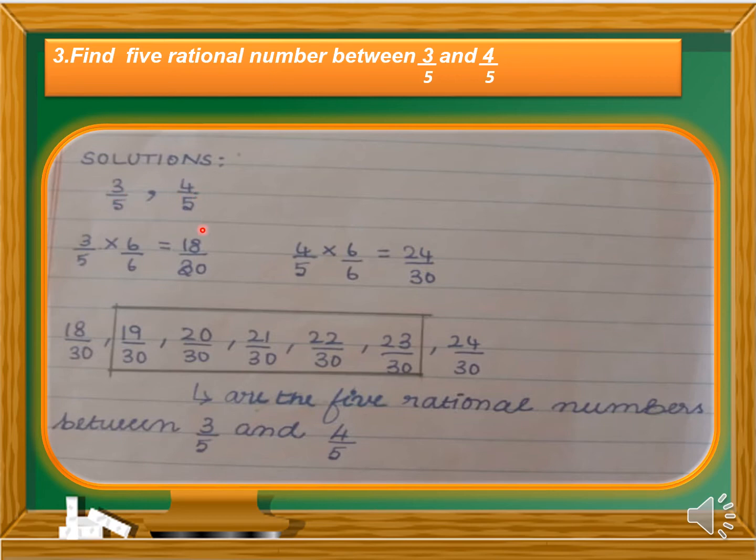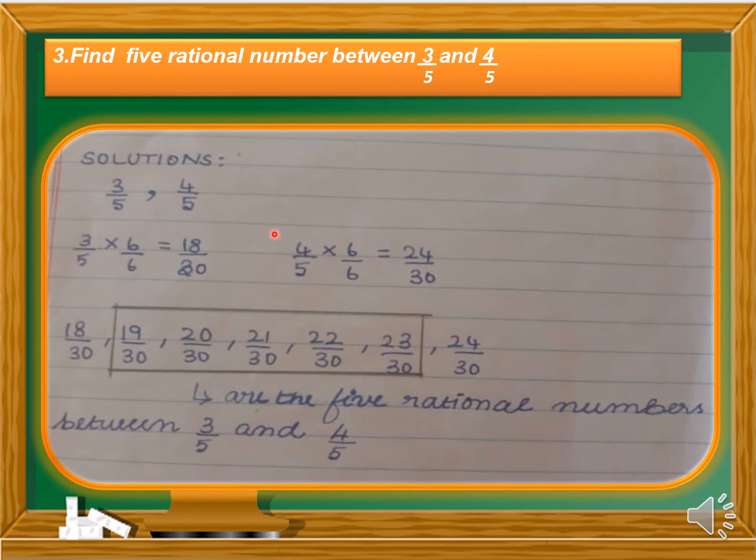If we have different denominators, we have to take the LCM, and with that LCM we convert the numbers to the denominator that we got, and we can put a number that is greater than 5, that is 6. We can multiply with 6 and we get a number, and with